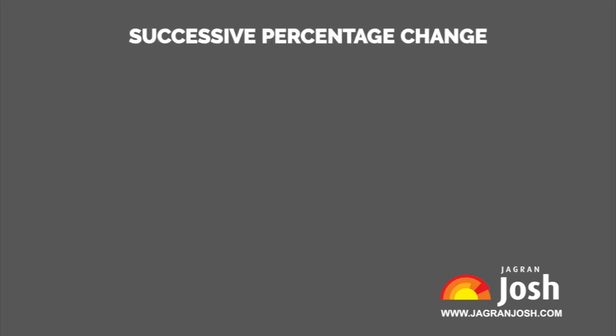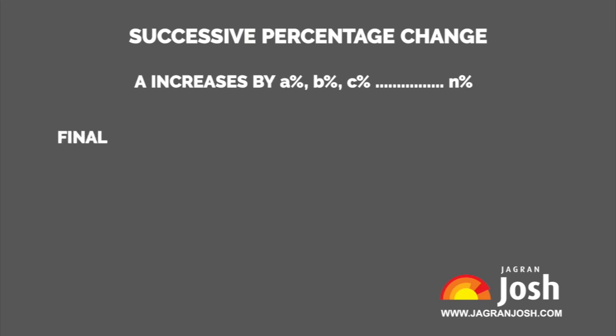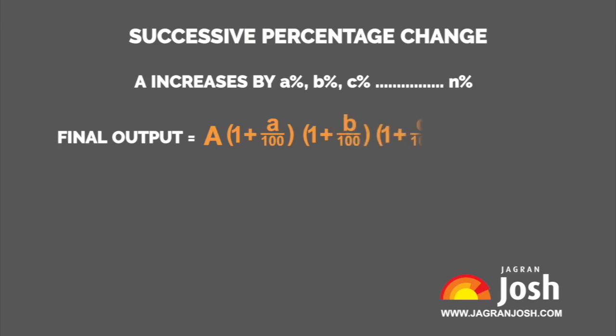Successive percentage change. If a value A increases by a%, b%, c%, and so on up to n%, the total rise in percentage is given by the formula: final output is equal to A times (1 plus a divided by 100), (1 plus b divided by 100), (1 plus c divided by 100), up till (1 plus